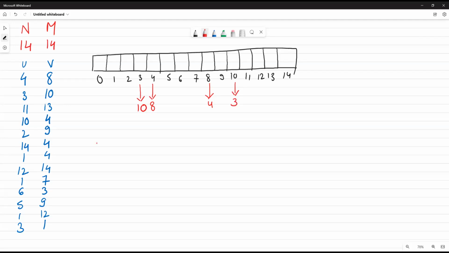Similarly, 11 to 13, 13 to 11, 10 to 4. It's not a hierarchy, okay? It's just a comma, but I'm just writing it in a hierarchical way. 4 to 10, 2 to 9,